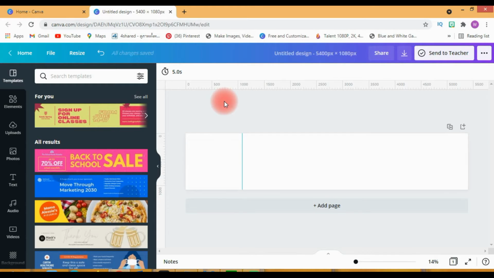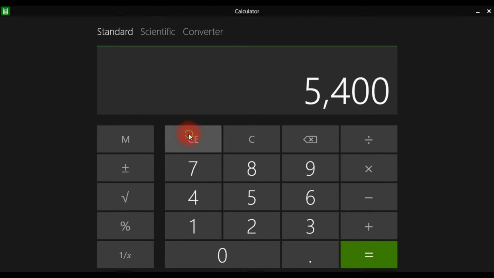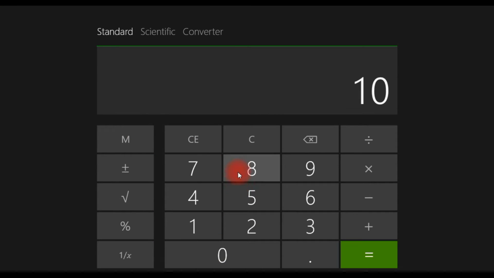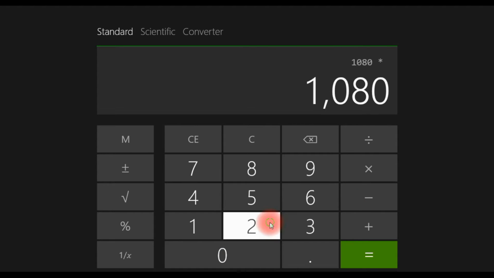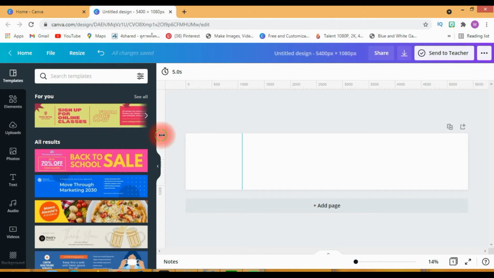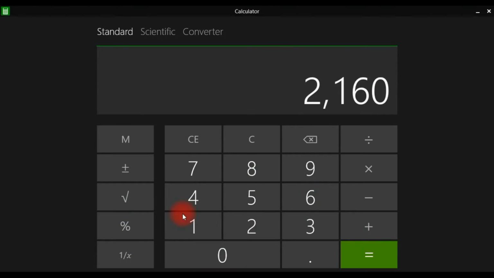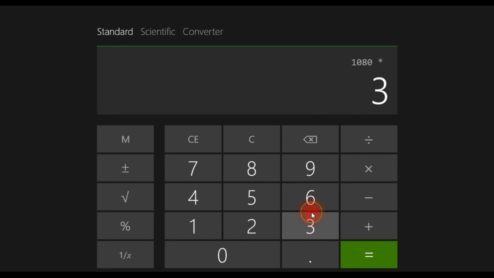Yes, 1080. The next size, let me calculate for you, is 1080 into 2, that is 2160. Let me drag to 2160, yes, this one. Then next is 1080 into 3, that is 3240.